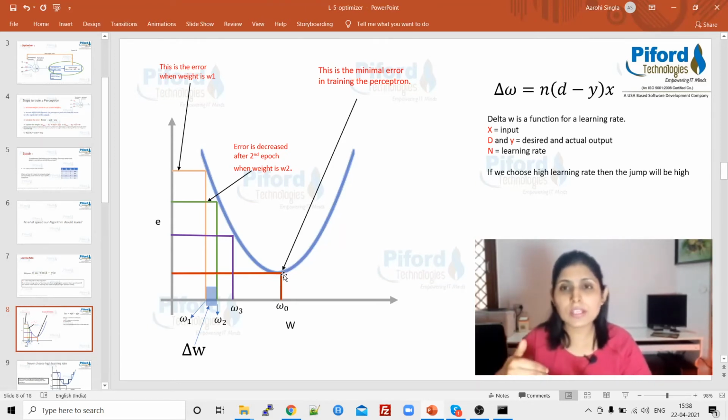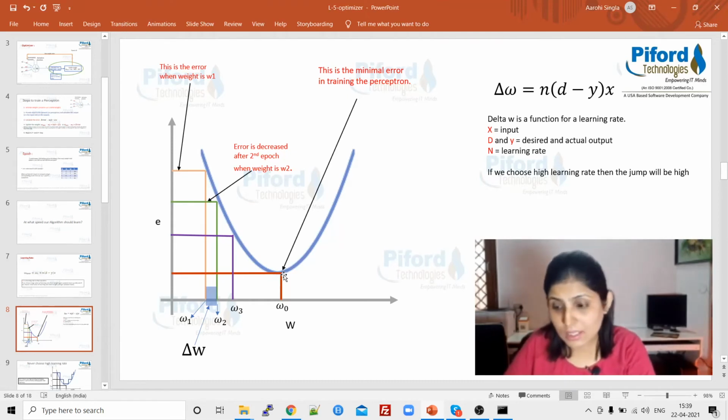When we increase the weights, the error got decreased. But guys, remember, over here the weight value is 1, then I increase the weight value to 2, the error got decreased. Then I changed the weight value to 3, the error got decreased. Then I changed it to 4, the error got decreased.